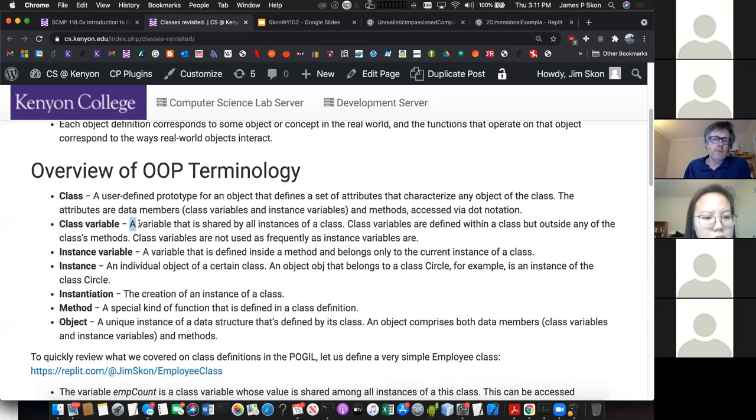So a class variable, remember we talked about that at the end of last time. Well, actually we didn't really talk about this, but we're going to learn about it some more. A class variable is a variable that is shared among multiple members of that class. And so we're going to see an example of that. An instance variable is any variable that is associated with each instance of a class. So each student has their own GPA. Each student has their own telephone number, right? So that's an instance. A class is something that everybody shares. For example,